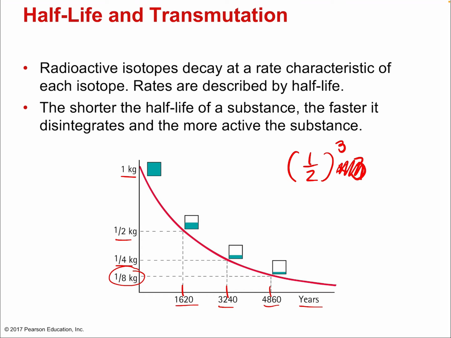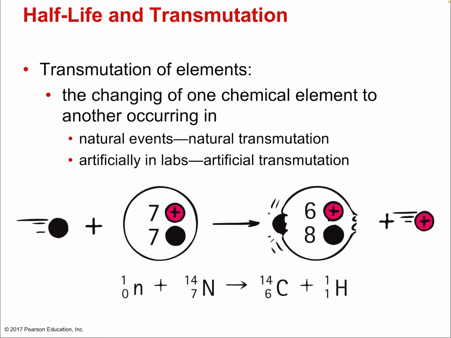So the shorter the half-life of a substance, the faster it disintegrates and the more active the substance. Think of substances that have a very long half-life, there's not a lot of activity because it might take thousands of years or tens of thousands of years or even millions of years for the sample to reduce to half its original amount. So that idea of half-lives involves transmutation, because transmutation is just the name given to an